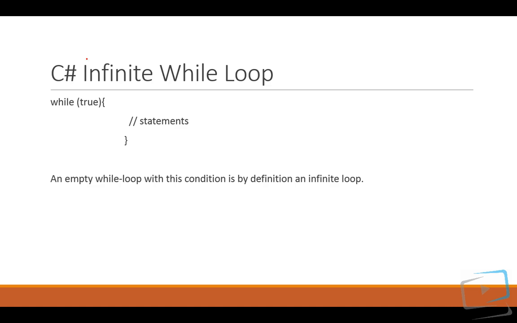Now we'll see what an infinite while loop is. Don't get into infinite loops, always be careful of them. So while true, this is always true. It is a boolean value, and it goes on executing. This loop doesn't stop at any time, so this is an infinite loop. Just be careful of infinite loops, both for loops and while loops.